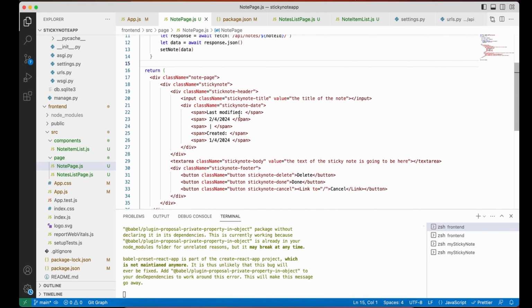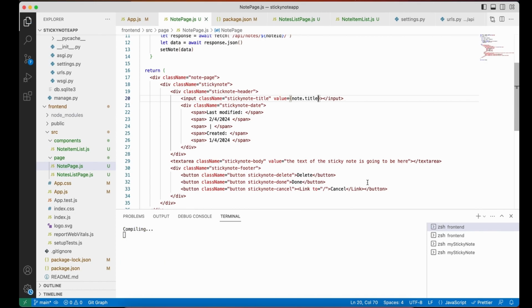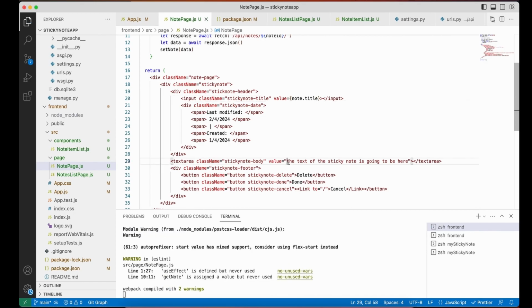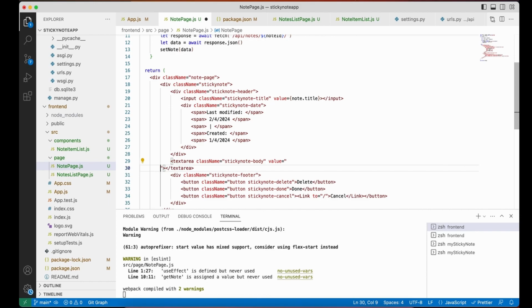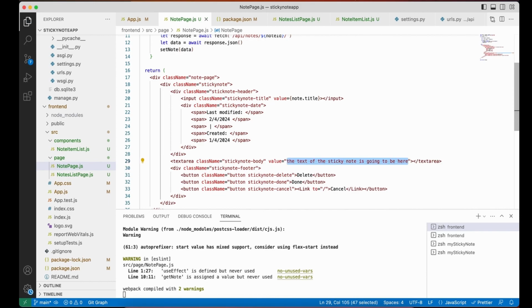And here, for the title, we can use node.title instead of static data. Same thing for body. And for the dates here,